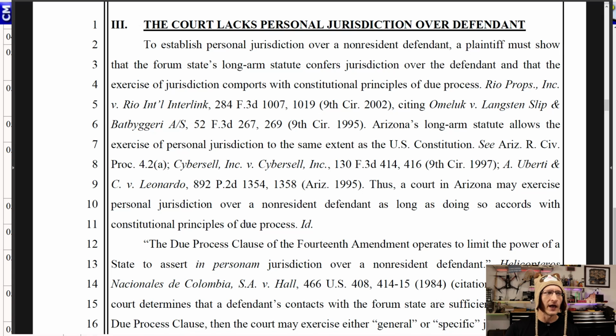you. And then that the exercise of jurisdiction comports with due process. Well, that's always true. Due process is a constitutional amendment. It's a constitutional right. So you always have the right to due process. Real quick, what is due process? It is your right to